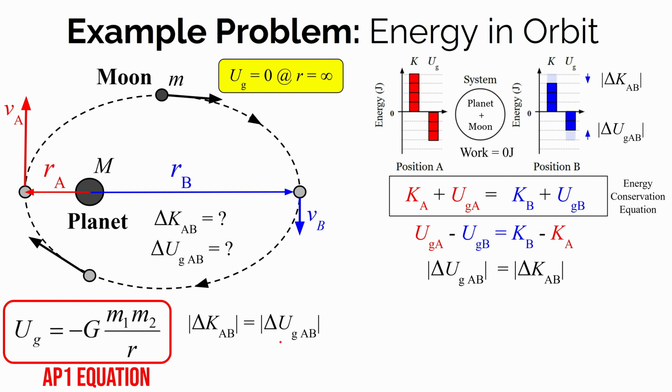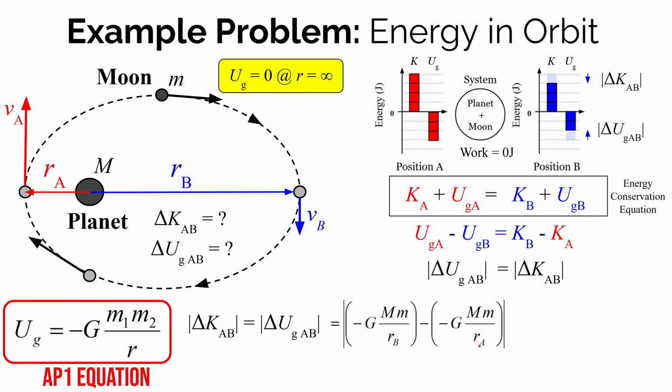So the change in gravitational potential energy from A to B would be the final energy minus the initial energy. If we're going from A to B, the final energy is at position B, the initial energy is at position A. So we'd find the gravitational potential energy at separation distance B, minus the gravitational potential energy at position A. The gravitational potential energy is given by this equation. So we have -G times the two masses, the mass of the planet times the mass of the moon, big M times little m, divided by their separation distance, and at position B it's R_B, minus the gravitational potential energy at position A. It's -G times the mass of the planet times the mass of the moon divided by that